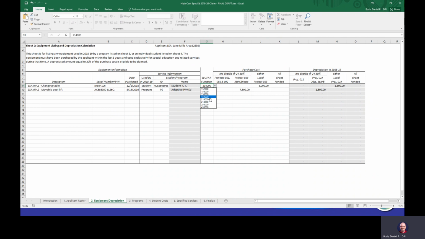Some of these are at a less detailed level than is required for DPI reporting or maybe on your books. But in this case, I've selected 214,000 for health. You may make a different determination depending on how the equipment is coded in your district. And then because this is a large piece of equipment, we paid for it with local dollars, I've put $8,000 in this other local project 019. There are 4 different columns for defining how costs are recorded. Over here on the right, you can see that it has taken 20% of that number to give an eligible